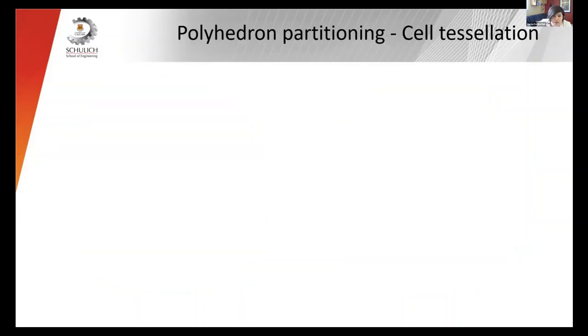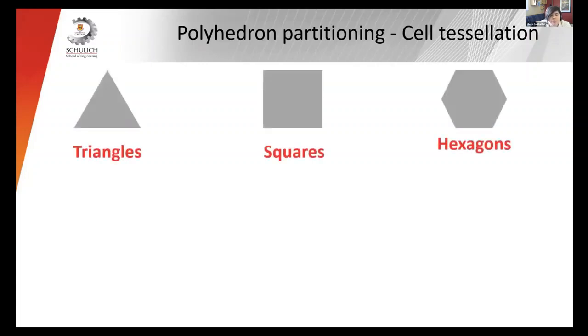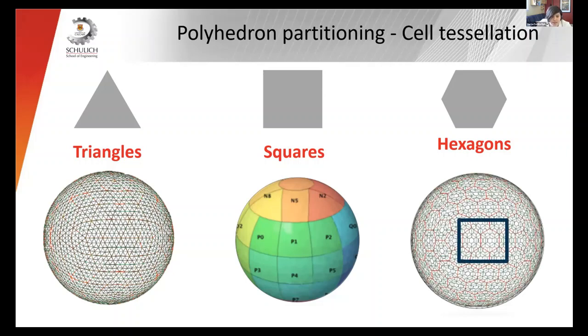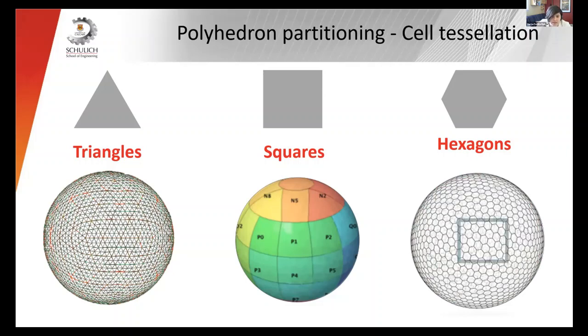And then these spherical projected polyhedrons get tessellated into equal area cells, and only triangles, squares, and hexagons provide a regular tiling of the sphere. And the results look something like this. Each tessellation has different properties and advantages depending on the application, but essentially squares are familiar, triangles are fast, and hexagons are defined as fit. And remember that the tessellation is hierarchical, so the cells get subdivided in each subsequent resolution.